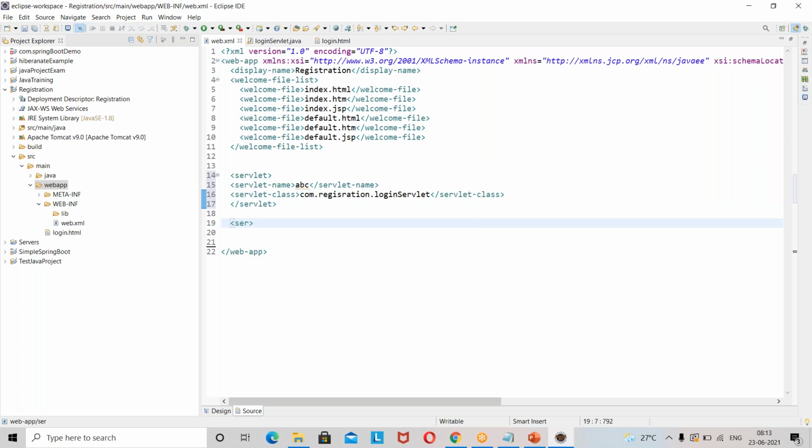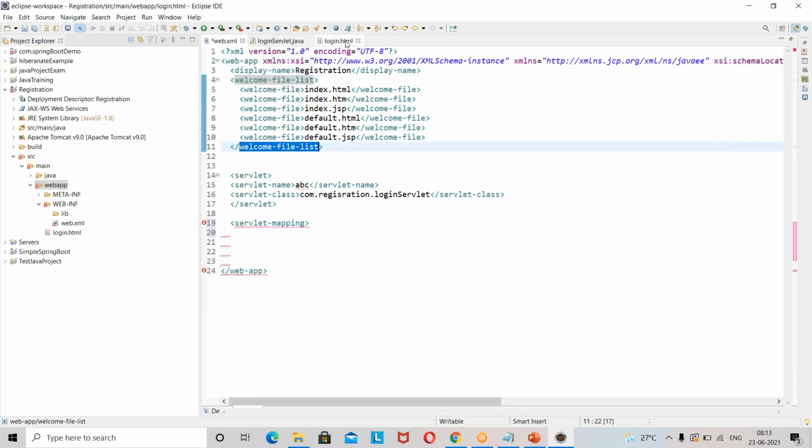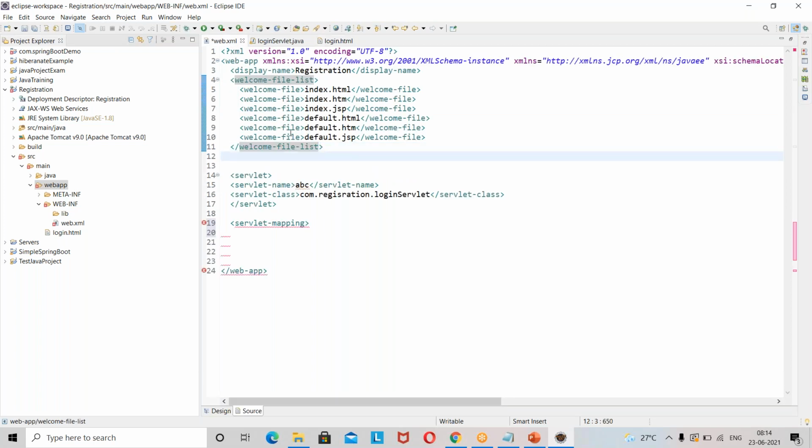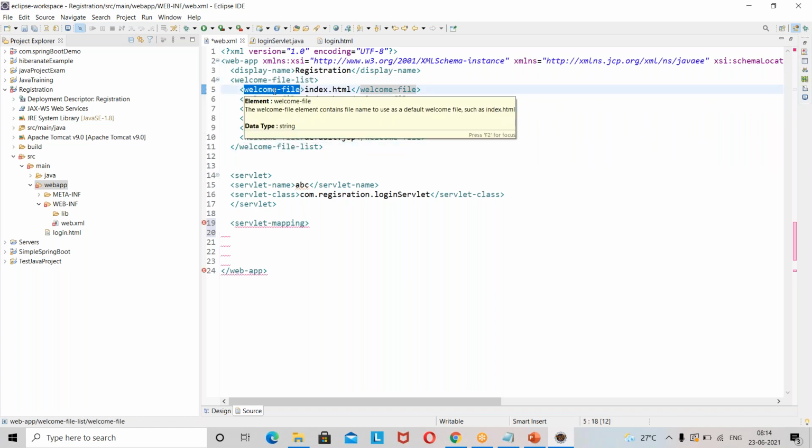That is servlet mapping. I opened that servlet mapping. When you see, HTML and web.xml look the same, in the sense that whatever tag you open, you close. Same thing for HTML: you open some predefined tag and you close it. So body is a tag I opened and body is a tag I am closing. The tags are different, but syntactically it looks the same. You opened welcome content and you closed it. Whenever you want to write some content, you open a tag and write under that.